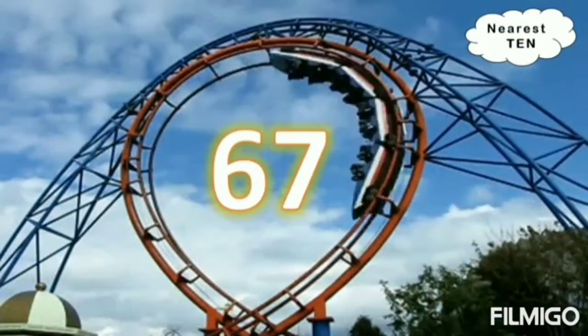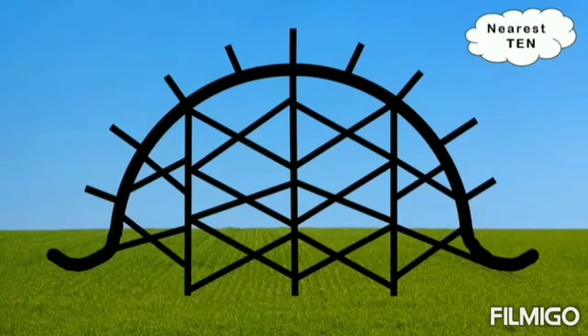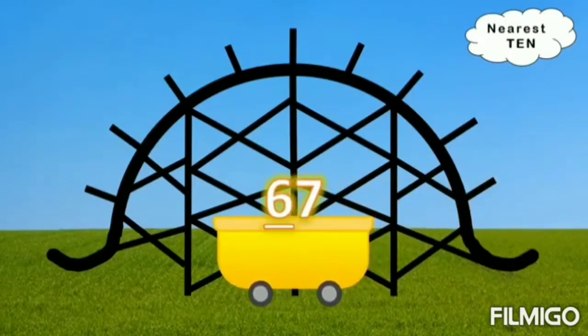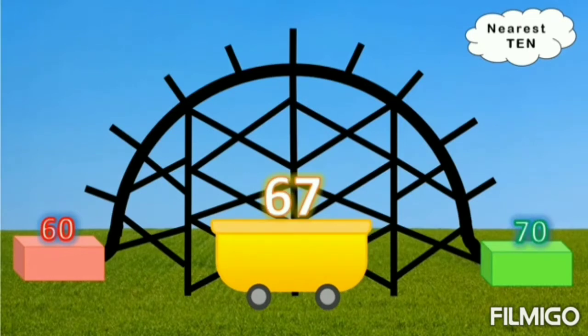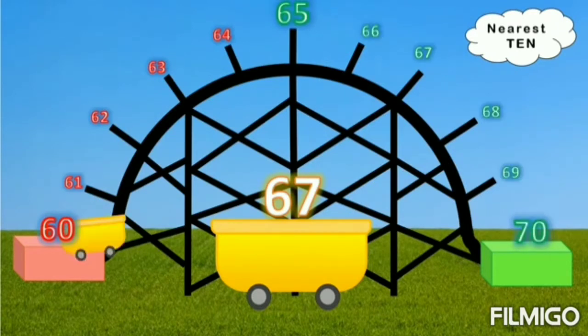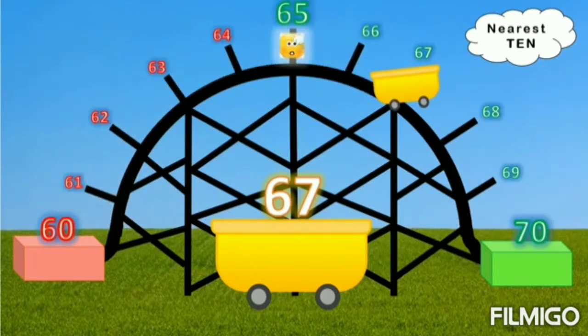Next I am taking one more example. My number is 67. So 67 means it lies between which two numbers? See, my tens place is 6 here. So it lies between 60 and 70. So what are the numbers in between? You know, what are the numbers in between 60 and 70? 61, 62, 63, it goes on up to 69. Now where is my number 67? It is here, correct. By seeing easily you can find it out.